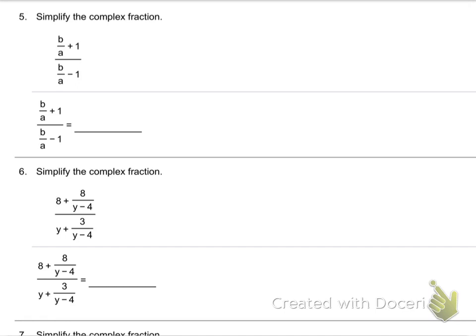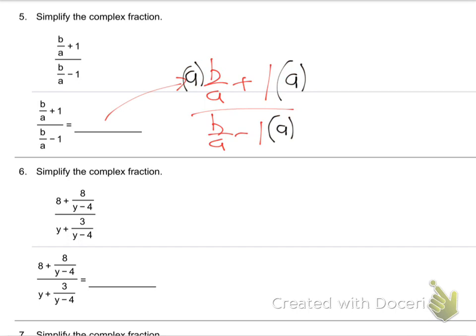What is the common denominator? It's just A. Yeah, the only denominator is A. So just multiply all 4 of those by A. I'll bring it up here so it's B over A plus 1, B over A minus 1. I'm going to multiply all 4 by A. And that's really A over 1. I just don't always show all that stuff. But any whole number or whole letter is over 1. So these cancel. So that's going to equal